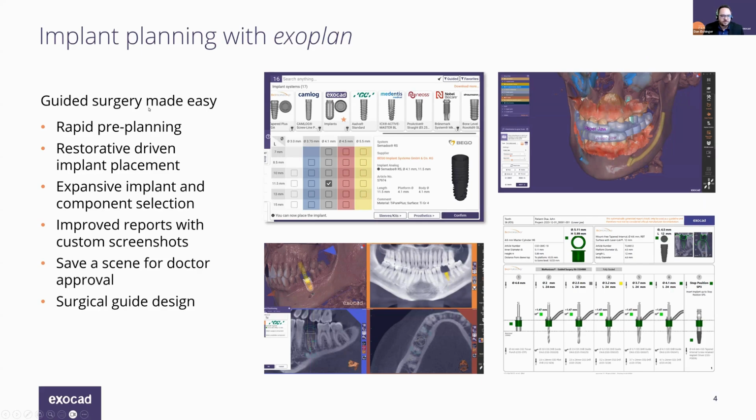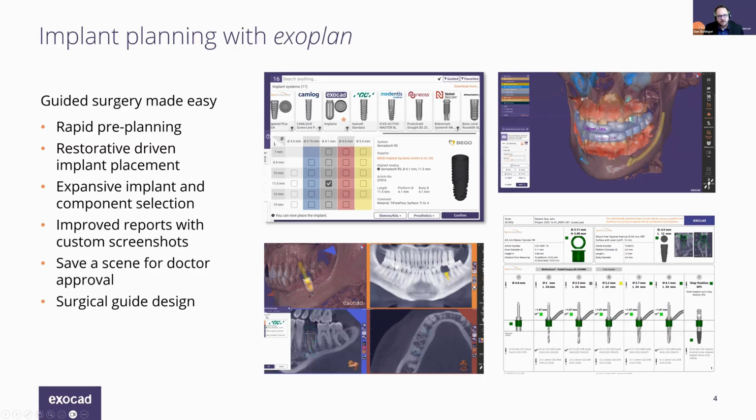With our guided surgery workflows, we have a rapid pre-planning mode that was introduced to give our clinical customers a quick, fast, easy way to evaluate patient DICOM data and quickly place implants to evaluate the patient situation. At that point, they can save a scene and transfer it to their laboratory, who can complete the surgical guide